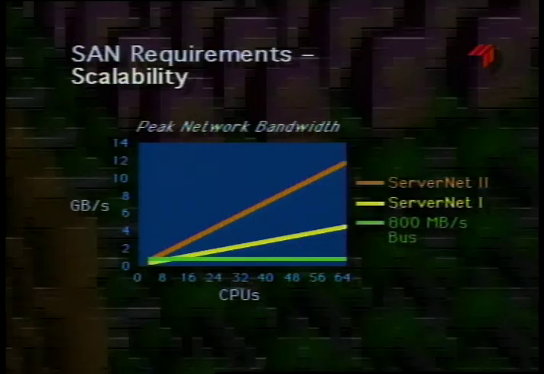Clearly, using a single bus instead of a network would not give the desired scalability because the bandwidth of that bus would eventually saturate. So in this diagram, we see that as the number of CPUs increases, the network bandwidth grows in a network design, while in a bus design, that bandwidth stays fixed and will eventually saturate. The other advantage of a network is that we can use point-to-point connections that are electrically easier to build. This eases the length restrictions and improves fault isolation in the network. Clearly, for scalability to work, not only the hardware has to scale, but we need scalable software as well.